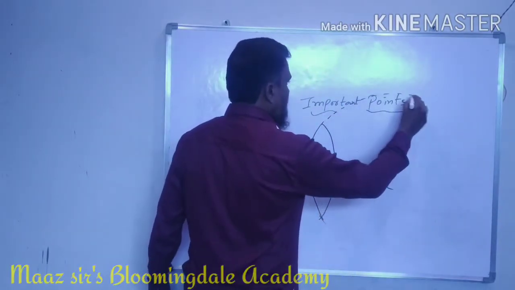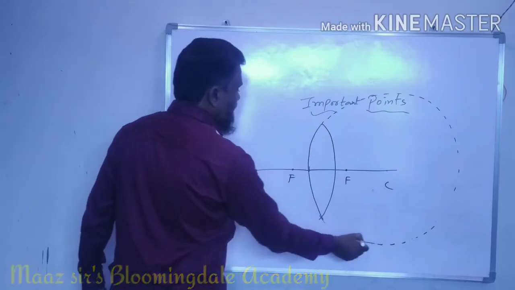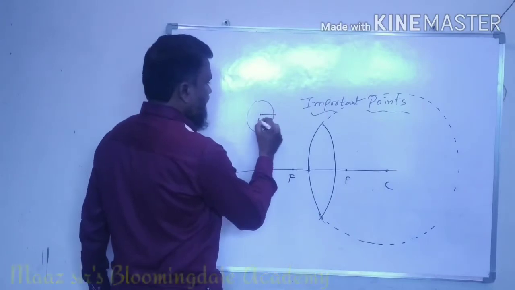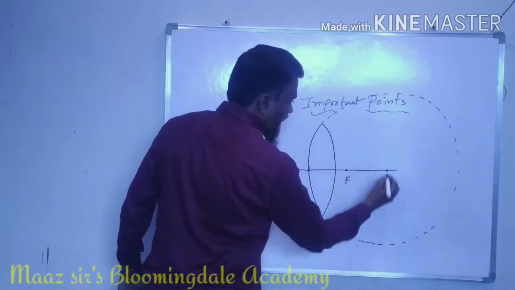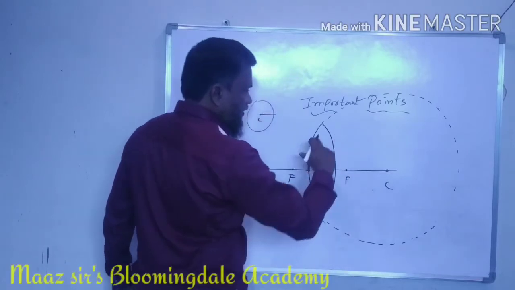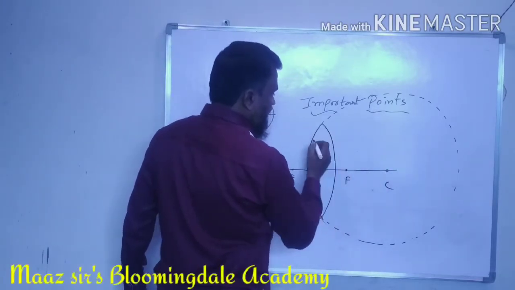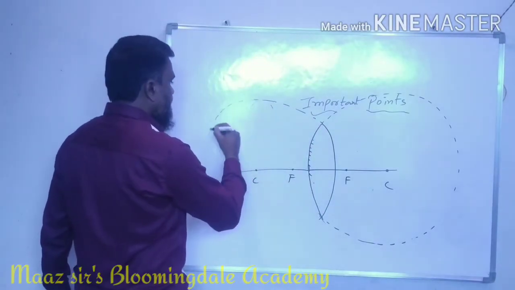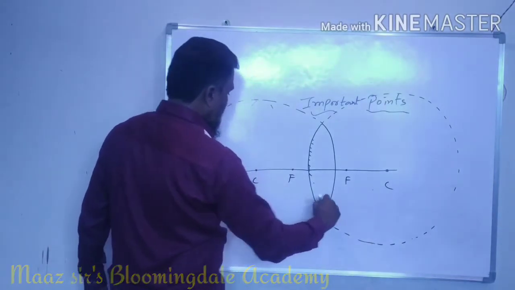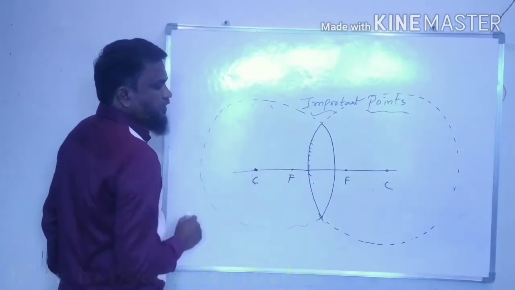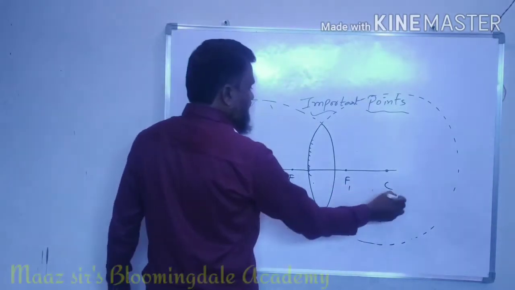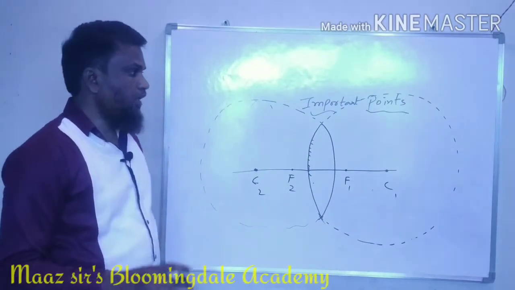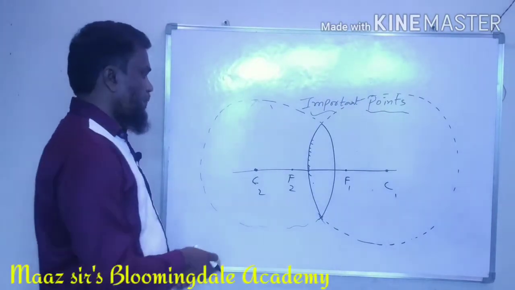As you know, a spherical mirror is a part of a complete surface. For example, this is a complete surface. It has a center. The circle has a center, all of you know that. So this spherical surface has a center, and this is the center of curvature of this surface. Similarly, this surface is also a spherical surface, so it also has a center of curvature. That's why we have two focal points and two centers of curvature. I hope that you are able to understand this concept.